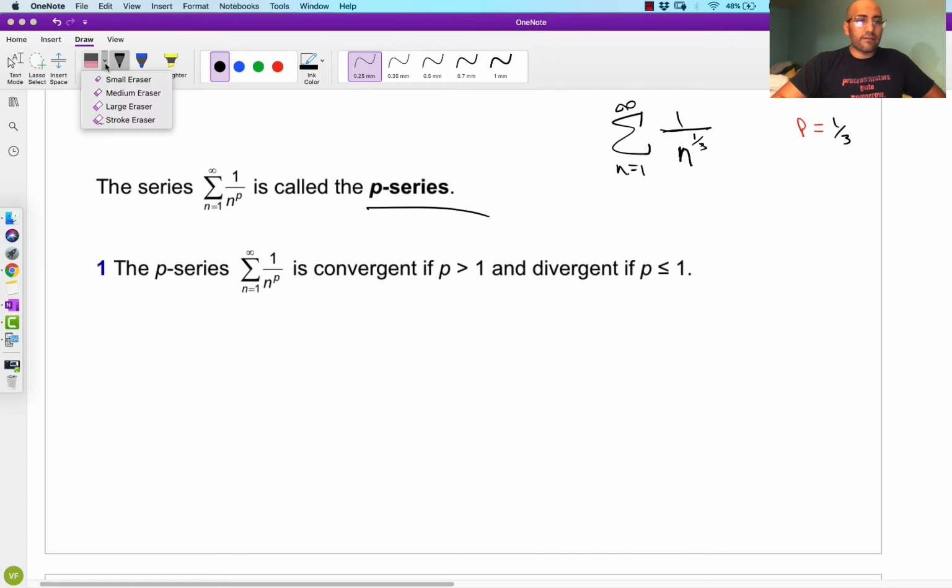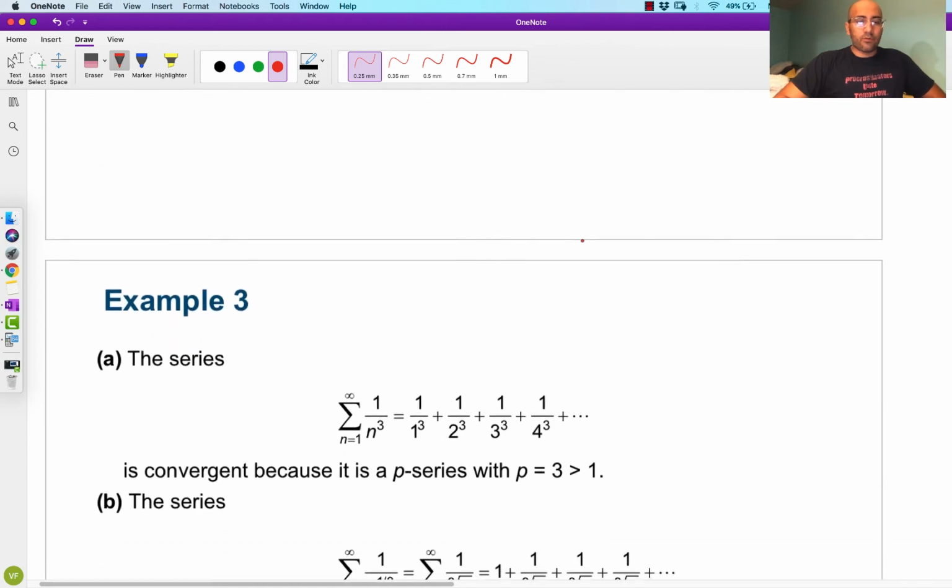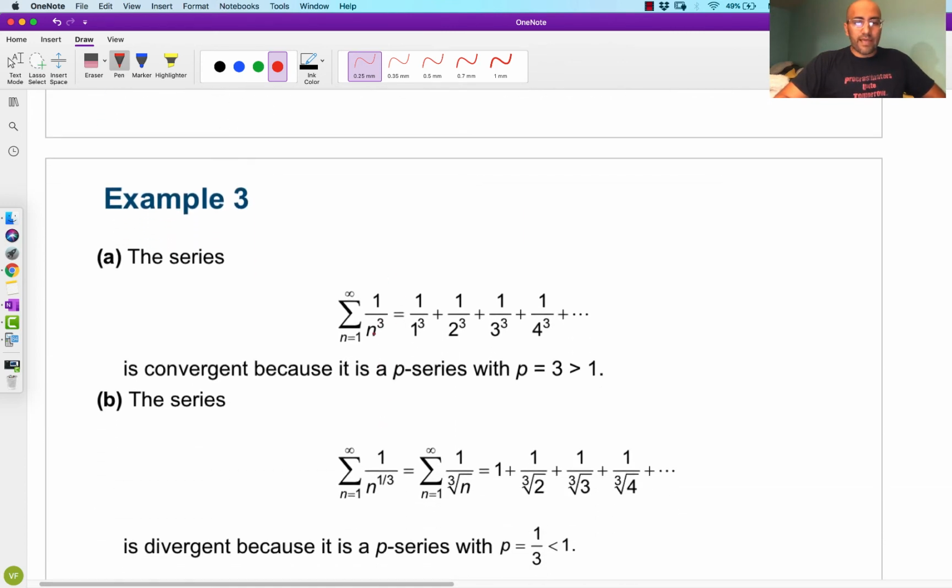On the other hand, if I had p equal to 7, then automatically by this I can tell that this was going to converge. Okay, p-series. So here's an example. Here we have a case where the p-series has p equal to 3. The p equals 3 is greater than 1, so I know it's going to converge, right, based on the